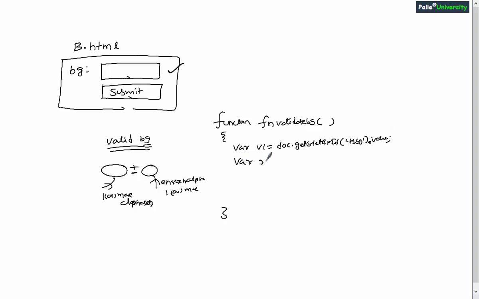Next, you must write the regular expression in the regular expression variable, and as usual you have to call not v1 dot match function, pass the regular expression variable, and in case the v1's data is not matching the regular expression, the execution will come into the body, and you display the error message here. As simple as this. Now I would like to show you the same sample directly in my Visual Studio.